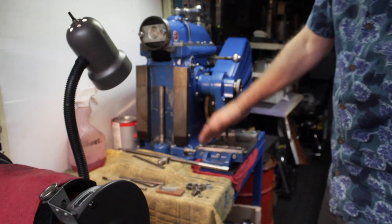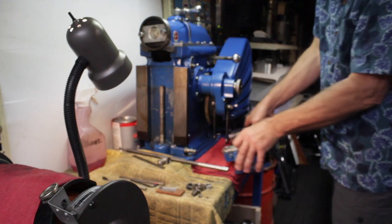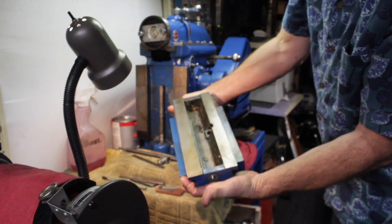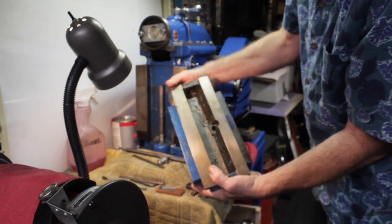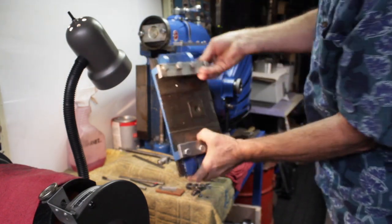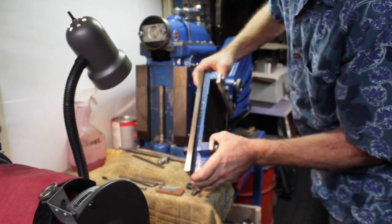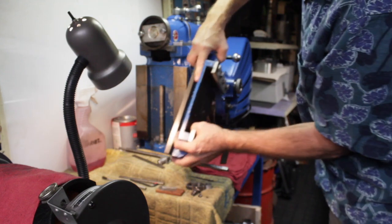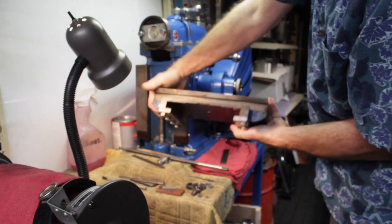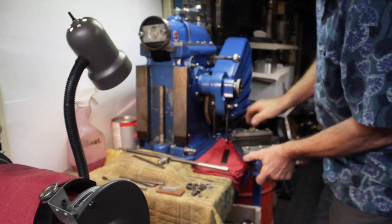I haven't started on what we'll call the knee and or cross slide. There's the gib, and here's the inside of it here. Everything looks fairly clean. There's just a little bit of buildup of gunk, but there's these really fine shims inside here, and there was some paint buildup on the edge inside there. That was part of the buildup on the cross slide,